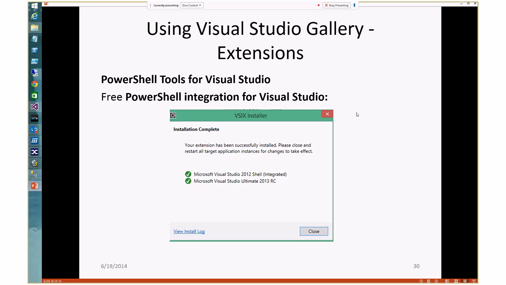And then again, here's an example of the Visual Studio Gallery extension. It's free. Okay, this PowerShell tool for Visual Studio is free, and you can go ahead and download it. By the way,